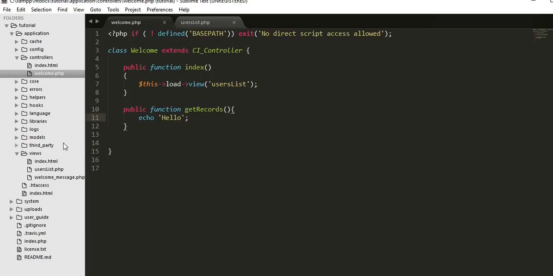Hello, save it, refresh, and then click on submit. Okay, I'm redirecting to the get records function inside the welcome controller. Okay, now